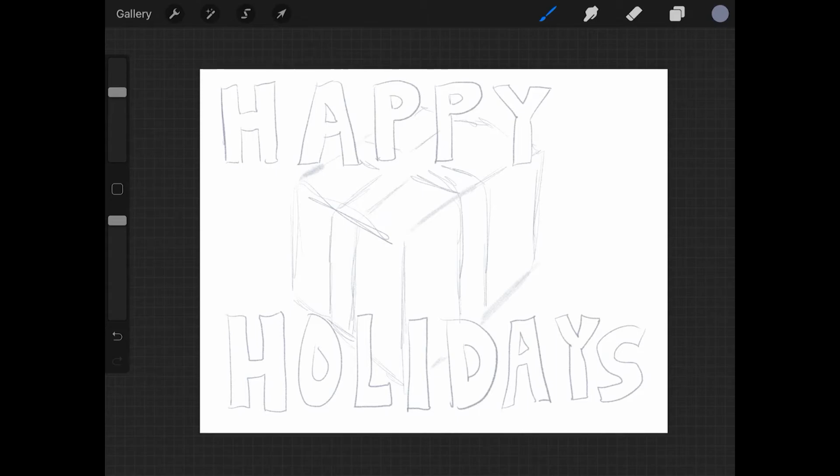That way, when you're ready to start adding color and detail and stuff, you've got a good idea. All right, do I need a bow on top of that ribbon? I think I'm just going to leave it as just the ribbon and not have a bow. Should I have a bow? I'm going to leave it. Anyway,